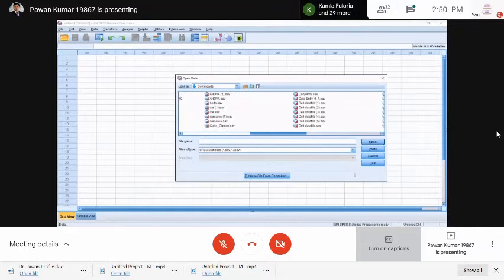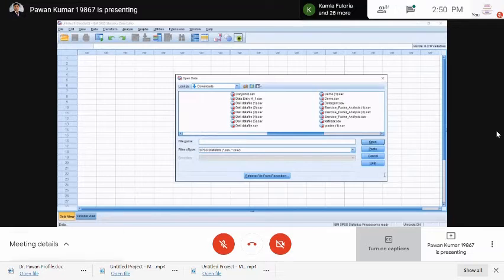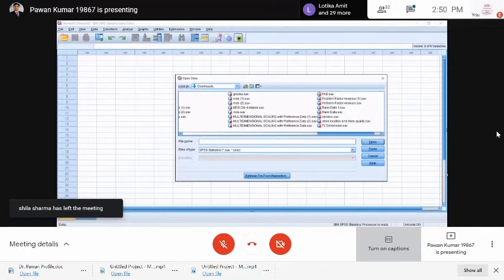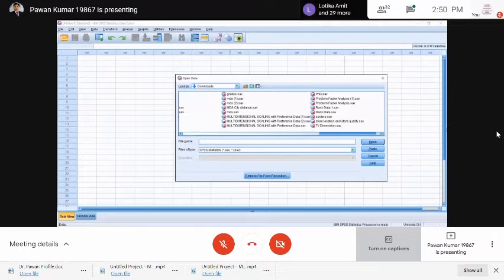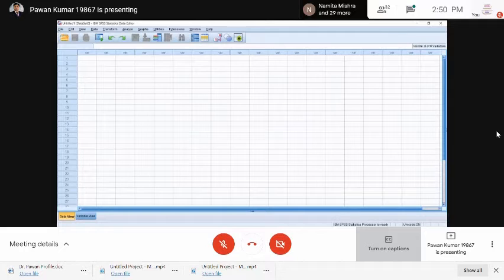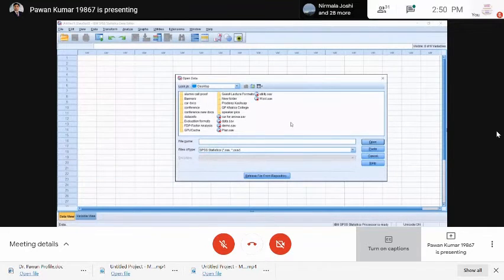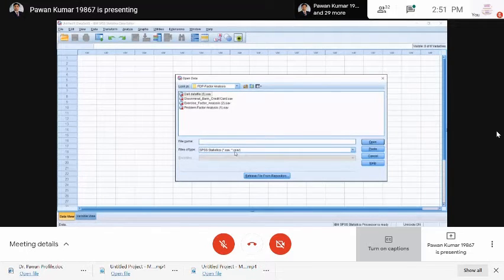Just a moment. Yeah, got it. Go to file, open data, and on the desktop, in the FDP folder, this is the file: discriminant bank underscore credit card dot SAV.